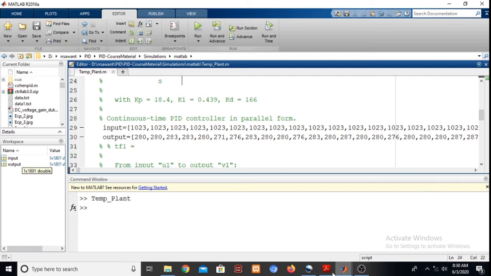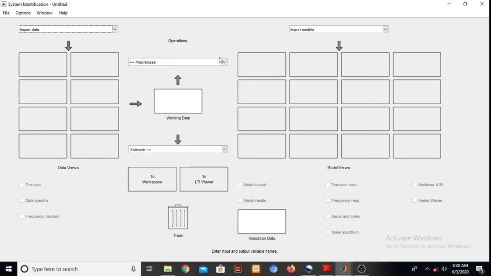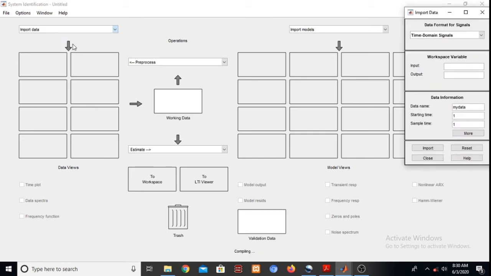Now we'll go back to our MATLAB system identification toolbar. We'll import the data. We want time domain data. Okay, and a window is open, right?